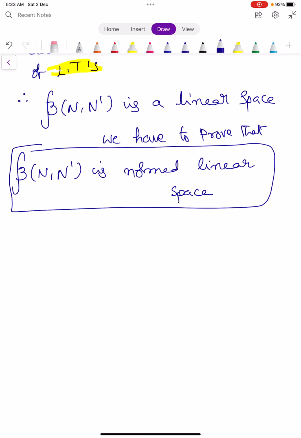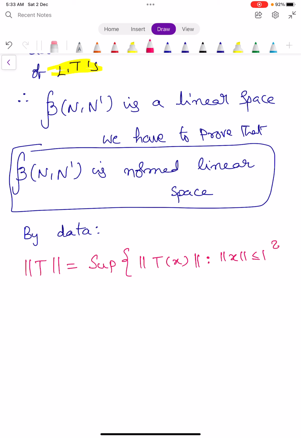Further, by data, the norm is given by norm T is equal to the supremum of norm T of x such that norm x is less than or equal to 1. By using this definition of norm, we show that script B of N comma N dash is a normed linear